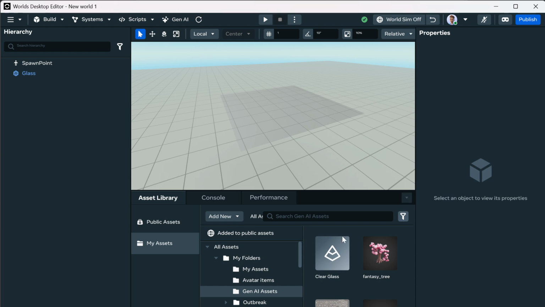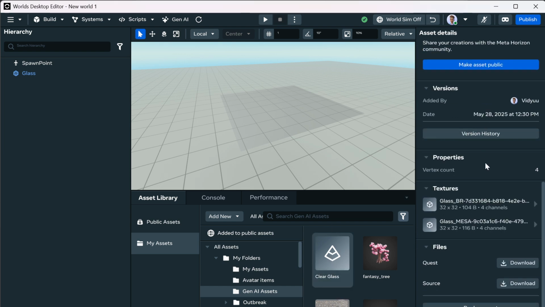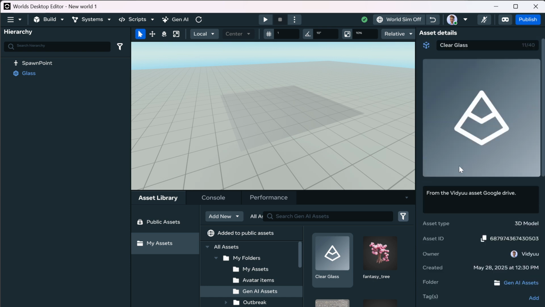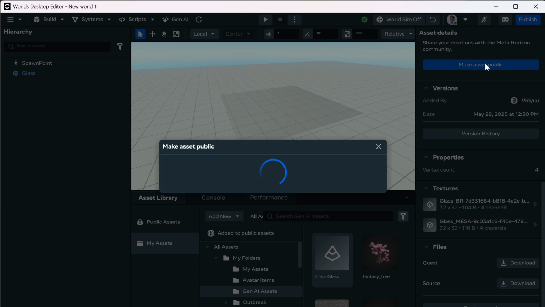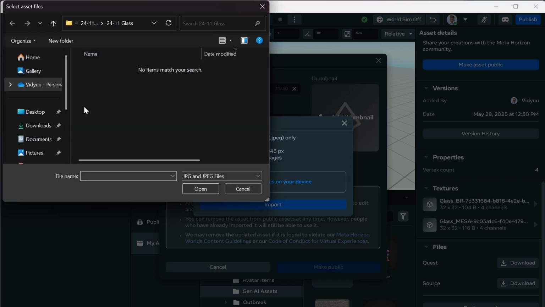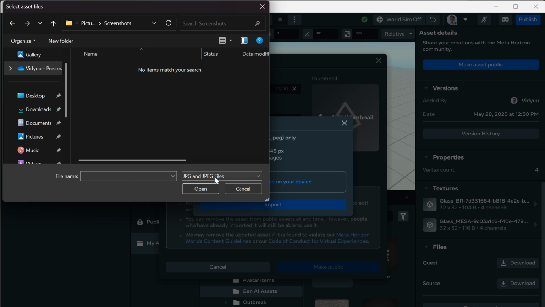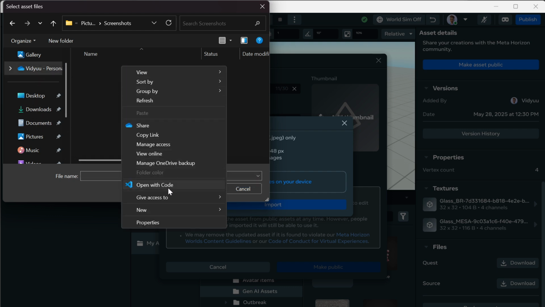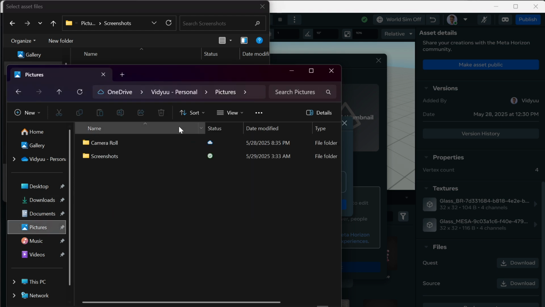And that should be copied. Is there a way to edit the picture of this? Wait, maybe there's no way to edit the picture of this. Well, huh. Make asset public. Okay, cool. There is a way to add a thumbnail. Choose file. Go to pictures, screenshots. Oh, and it's only JPEG. Oh, you gotta be kidding me. Right click. I was hoping I could open that. I guess we'll click over here, go to pictures,